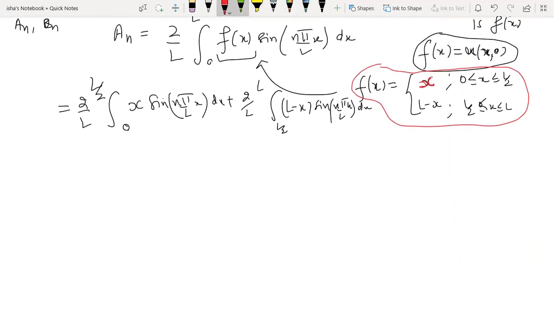So what is essentially happening here is you have a string joined tightly between two points. This is x is equal to 0, this is x equal to L. You just pick up this string from the middle. So this is not an assumption. This is what is given to us in the question, how you have to give this displacement initially, because you need to do something to make this string vibrate, right? You need to give it an initial distortion.